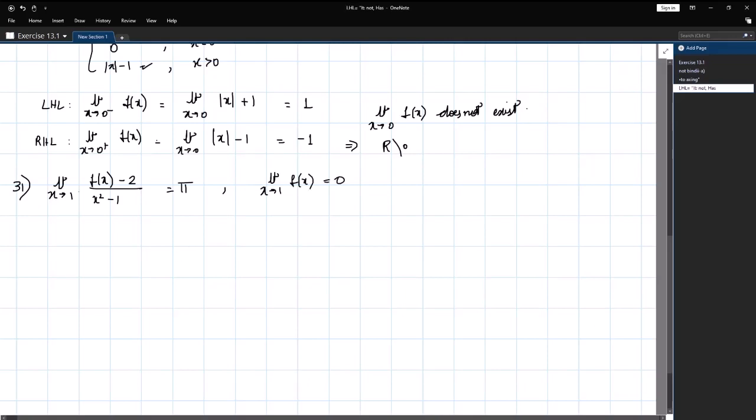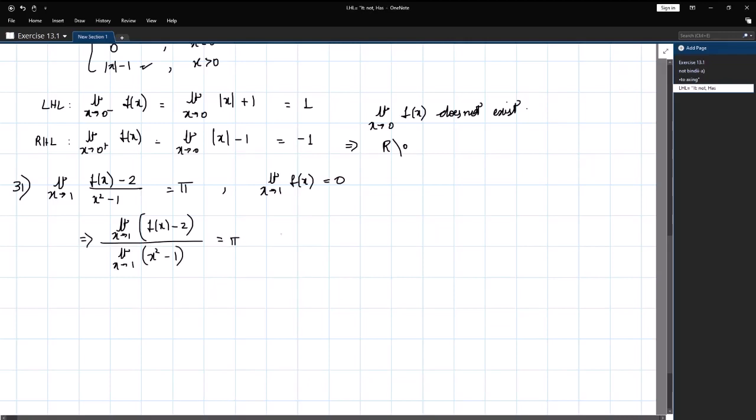So we can split this limit into numerator and denominator separately. That will be equal to limit x tends to 1 of f of x minus 2 whole divided by limit x tends to 1 of x square minus 1 is equal to